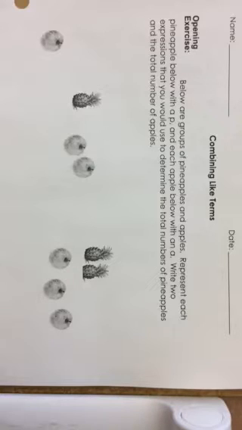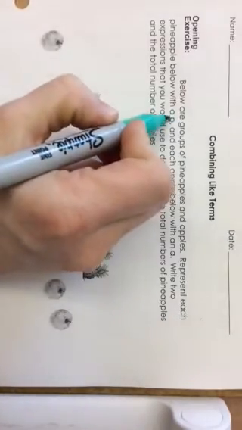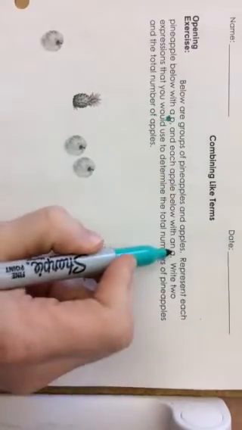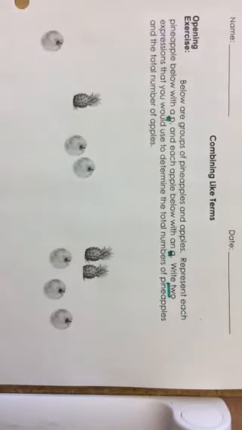So we start off with this opening exercise about pineapples and apples. I'll read it out for you. Below are groups of pineapples and apples. Represent each pineapple with a P and each apple with an A. Write two different expressions that we could use to determine the total number of pineapples and the total number of